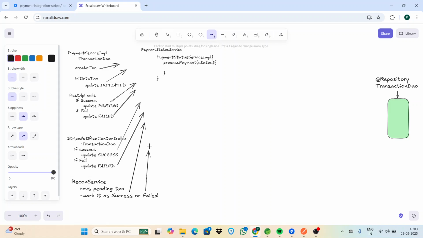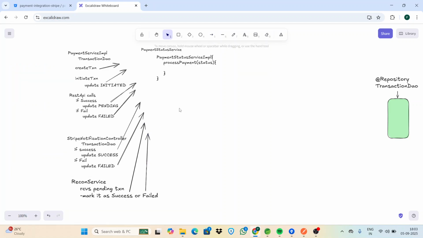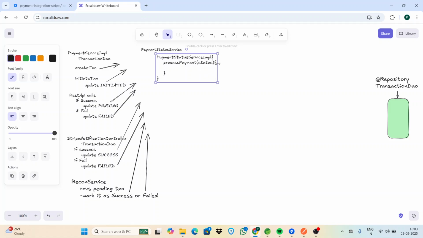So all these requests go to the payment status service rather than to the DAO layer directly. So here what we have to do is